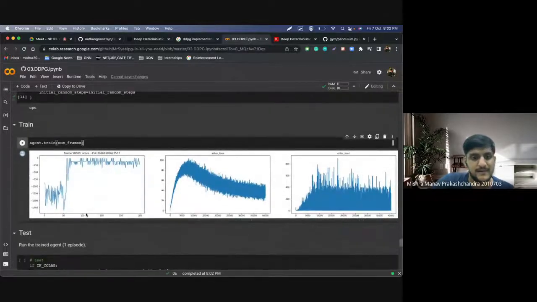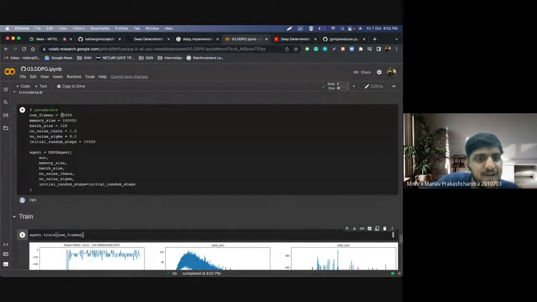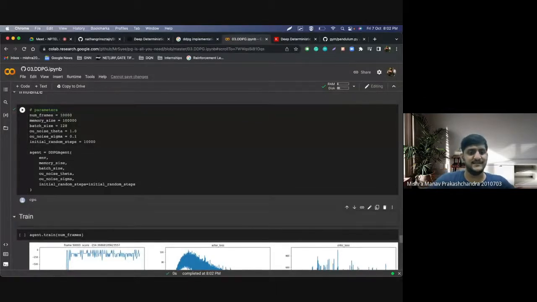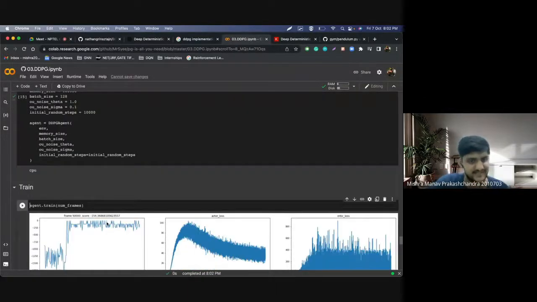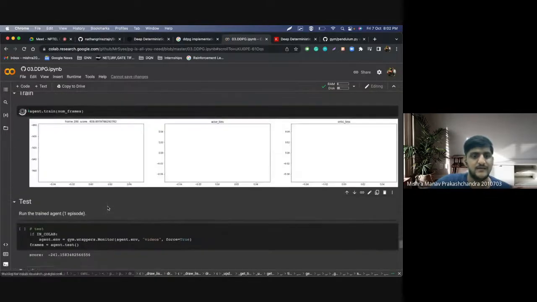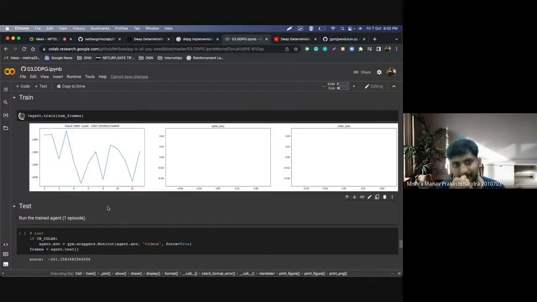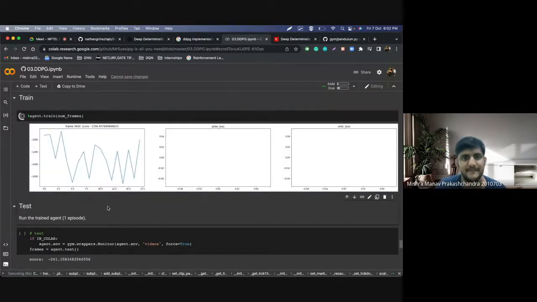And okay, this is something which has already been trained. This was trained for 5,000 frames. Maybe I can train it again for 10,000 frames. Let's see how much time it takes. Okay, not a lot of time it seems.